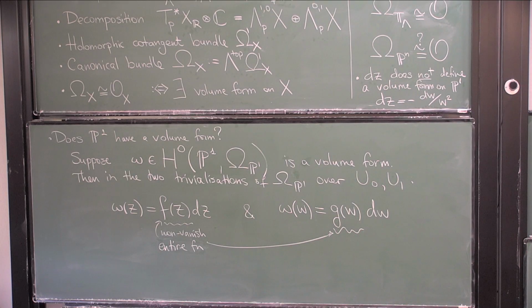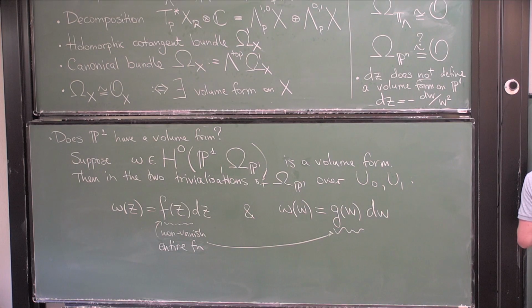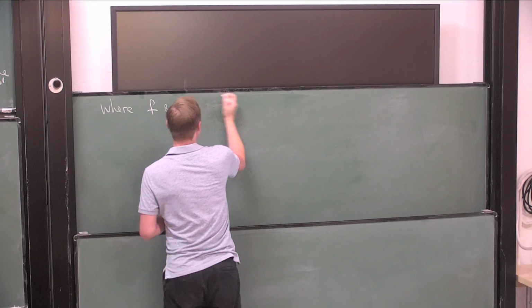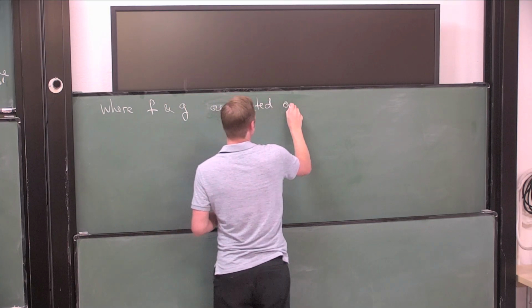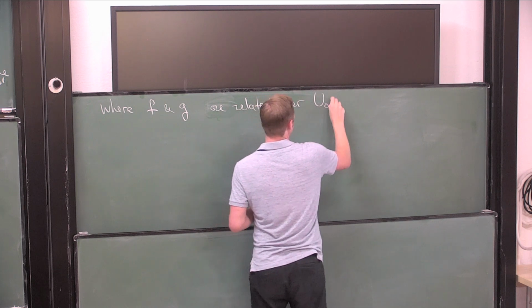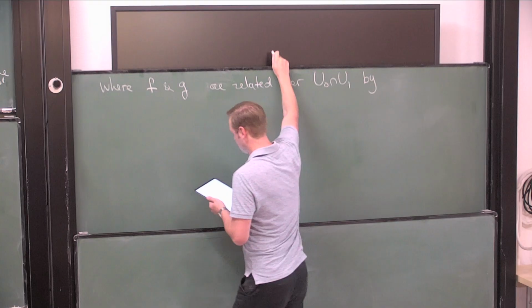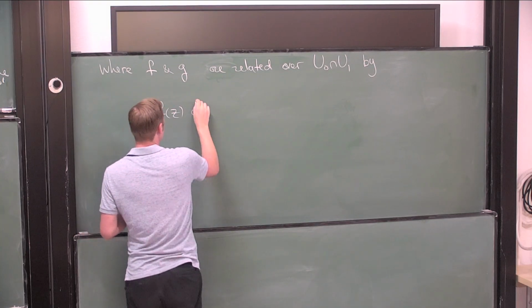They satisfy a relation, where f and g are related over the double intersection by the identity. So f of z is just, by change of variables,